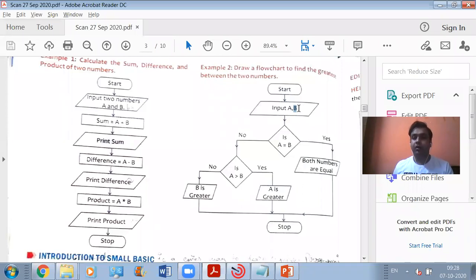Now after that, if you want to find out the greatest number between the two numbers, you have to check some conditions first. The first condition you may come across is that it may be possible that both the numbers are equal. In that case, you will have to define this condition, right? And the output in that case will be that both the numbers are equal, or A and B are equal, or the two entered numbers are equal.